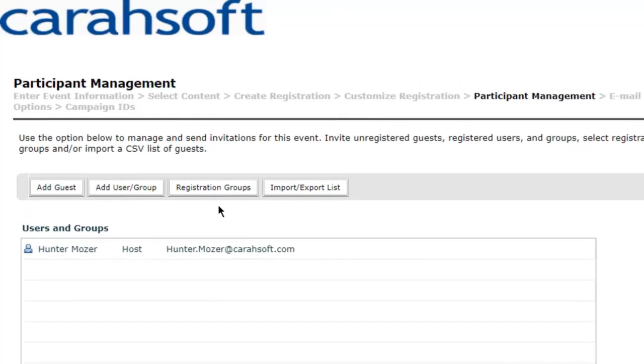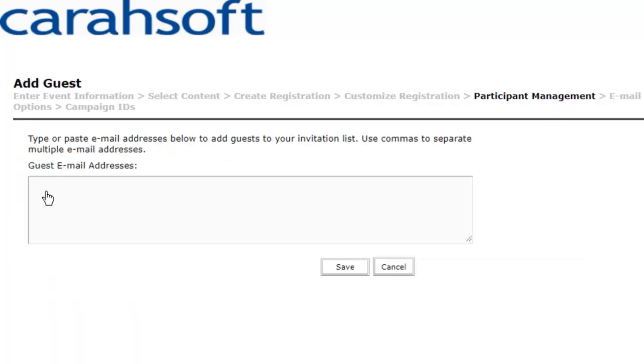Now if we just start left to right here, if we click on Add Guest, what Add Guest gives me is a field in which all I need to do is put in a person's email address. Let's just do bob@bob.com. Hopefully I've never run into a Bob or bob.com because he's going to get a lot of emails from me. And then all I do is put a comma in after that and then add any additional emails that